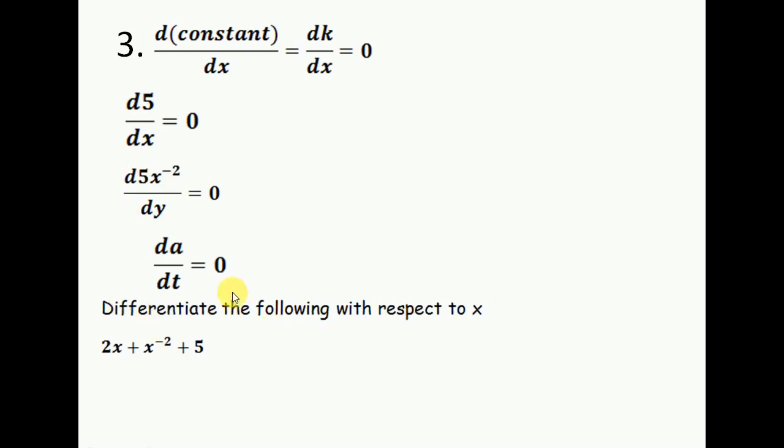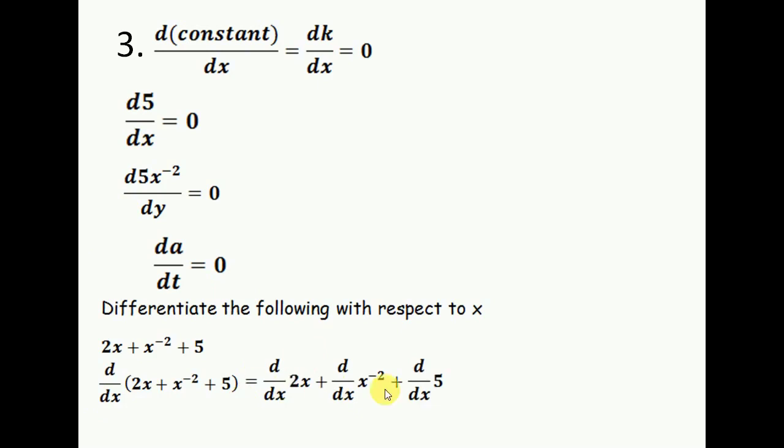So now let's solve one question. Differentiate the following with respect to x. So I'll write d/dx and open the bracket. Now this 2 is a constant, it will come out, and d/dx of x will be 1. And out here it will be minus 2 to the power minus 2 minus 1. And d/dx of 5 is 0, because 5 is constant. So when you simplify this, you get this.